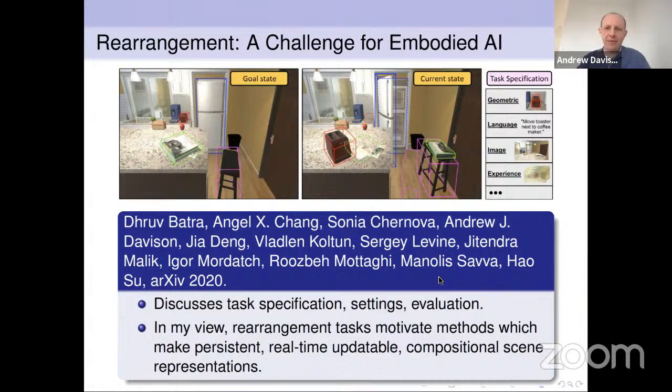Presumably, some of the things you might want the agent to do are not specific coordinates of objects. So say you've got to put a plate on the table, and then you've got to put a knife on top of a plate. The plate could probably be anywhere on the table, but the knife has got to be in a certain position relative to the plate, for instance. So how do you specify things like that?